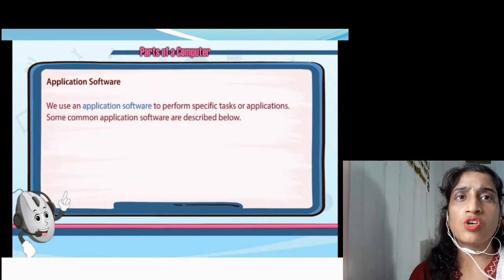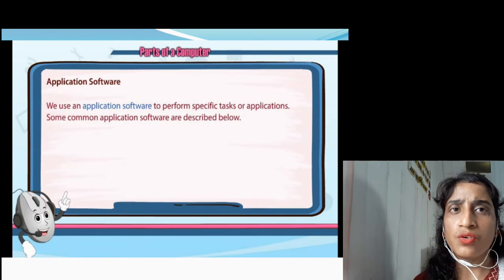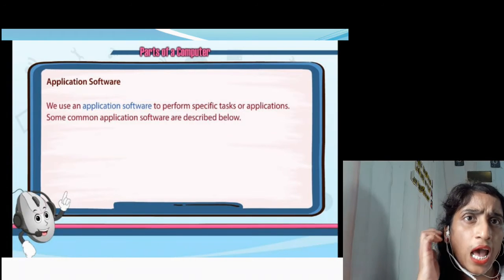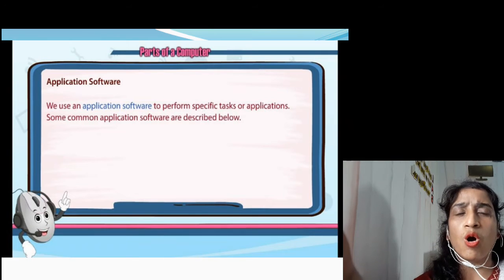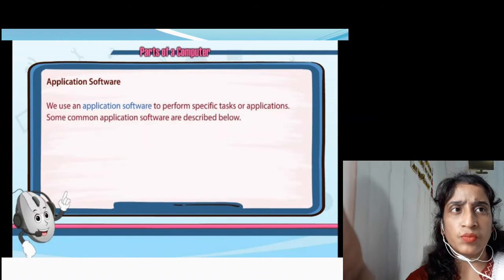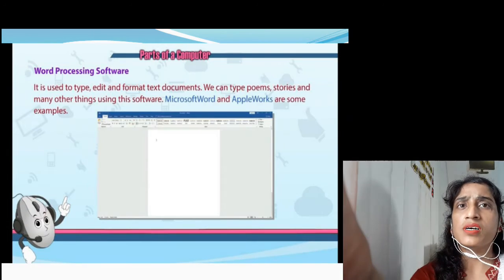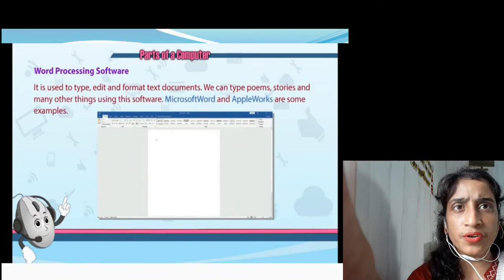Now the next software is application software. We use application software to perform a specific task or application. Some common application software are discussed below. First one is word processing software. What is word processing software?